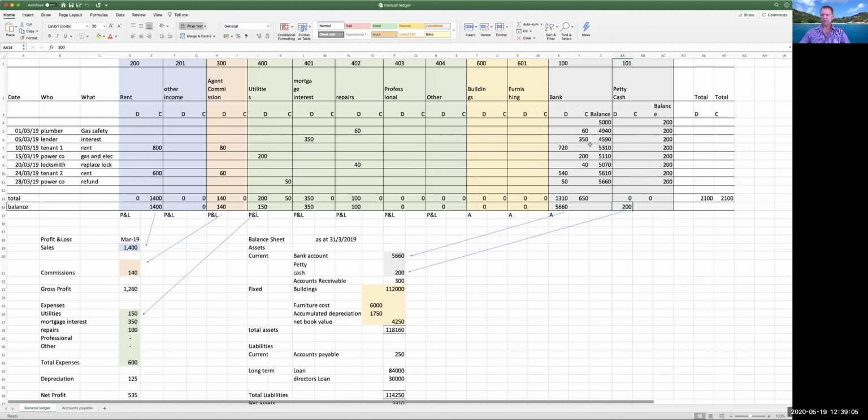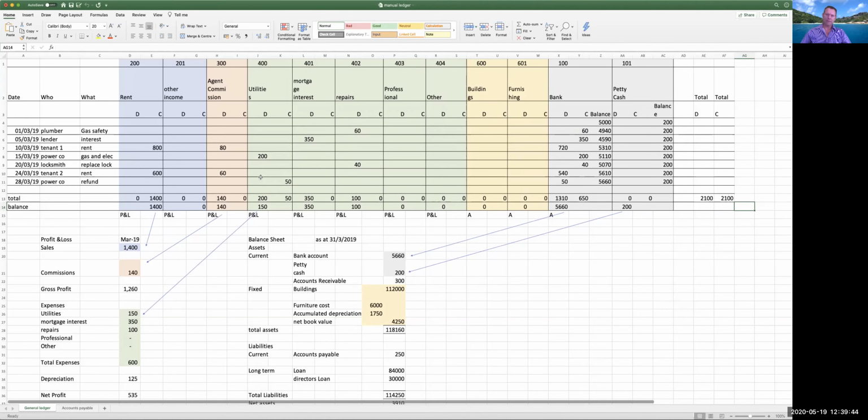We've gone through all the transactions in the bank account, we've gone through all the transactions in the petty cash, which were none. We've attributed those transactions with double entries into each of the accounts. We've totaled the accounts and balanced the accounts. And the control here would be, if you added all the debits and minus all the credits across these columns, you will end up with 0 as a control, and same here, and same on every single line. It would control back to 0, hence the name of the software package, 0. Okay, so